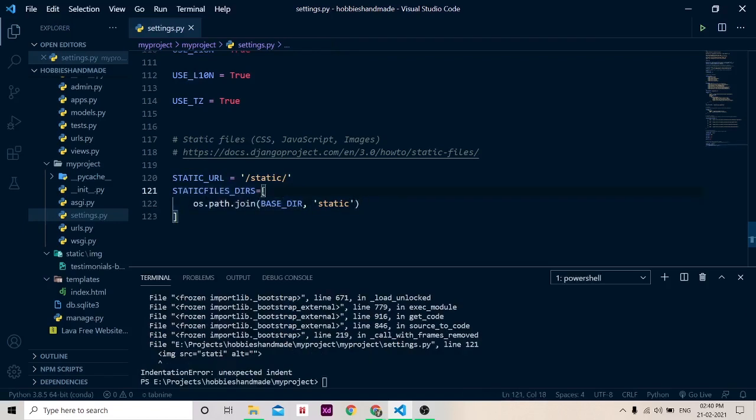Now we have to specify this directory, STATICFILES_DIRS. This variable name should be similar to what it has there. So STATICFILES_DIRS, as you can see here, is list type, so we can specify a number of paths here. We are joining our base directory with the static folder that we have created. So wherever our app may be, wherever our HTML file may be, if we are calling our static folder from there, it will call without any error.